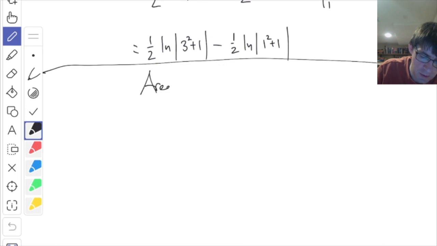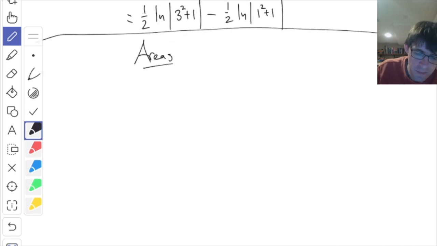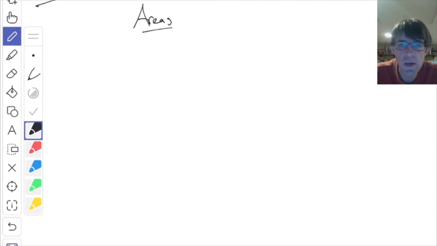Areas. All right. You can use the integral to find the area of a curvy shape. That's what the definite integral represents. It's the area under the curve. Let's just try some. So I got 2 examples. The first is a little easier. The second is a little harder. That's how it works. Find the area